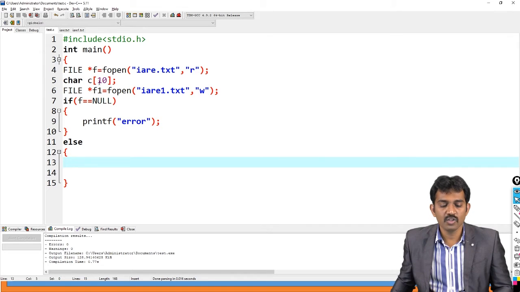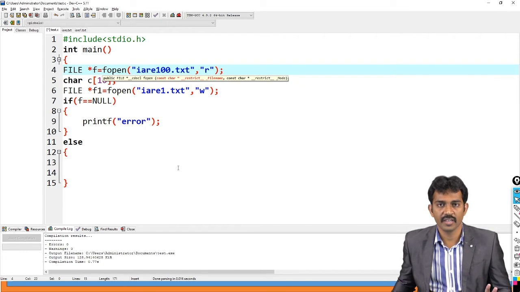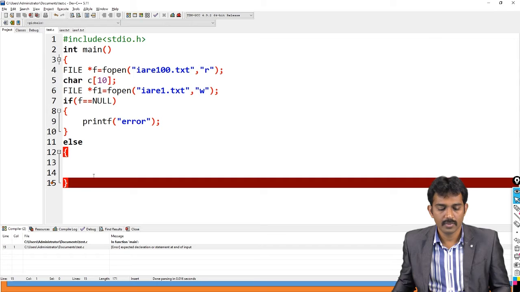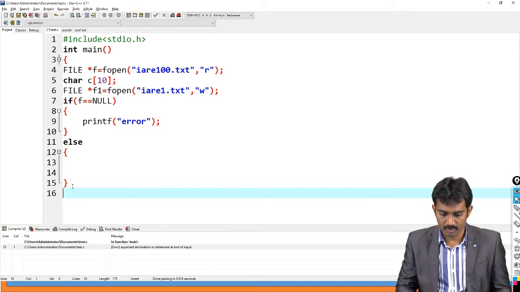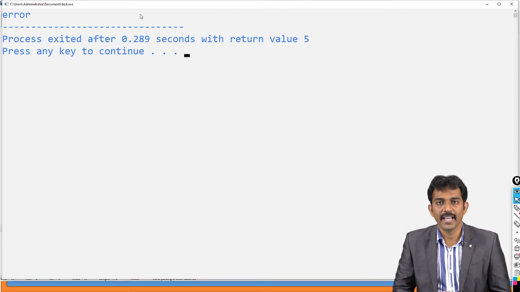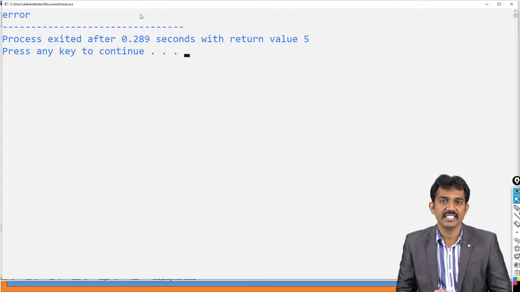Here, this file is opened. I don't have this file, IRE100. I don't have the IRE100 file. So if f is equal to NULL, what is it going to display? If you run this code, it displays an error because the IRE100.txt file is not available.